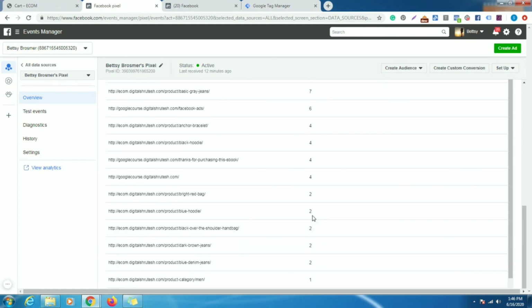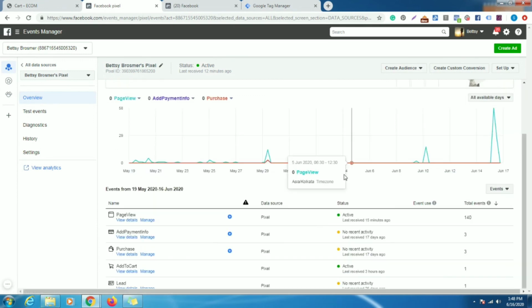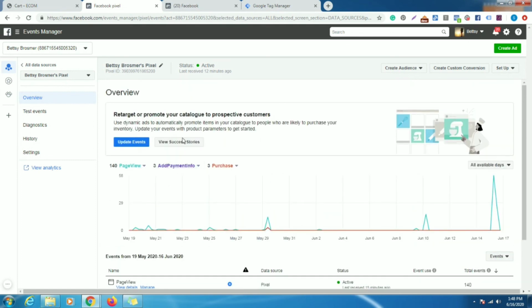So it is tracking each and every piece of data. Then you can see the events: page views active, add payment info, purchase not happened, add to cart happened. One event happened here. So here we will find all the data related to our e-commerce site.